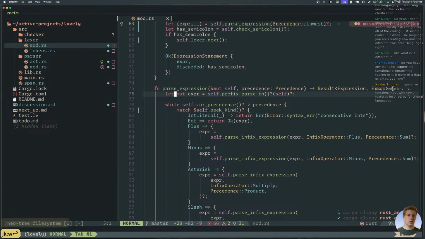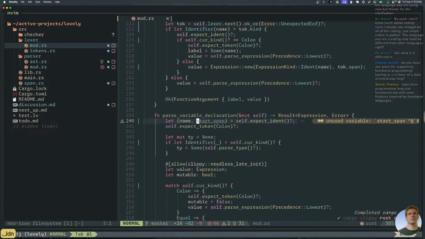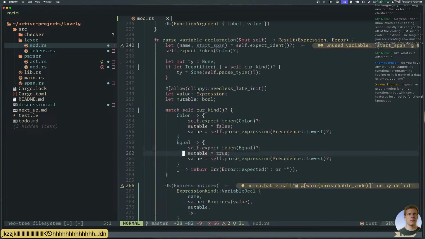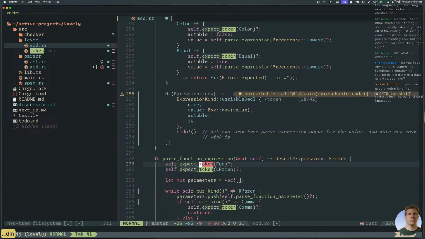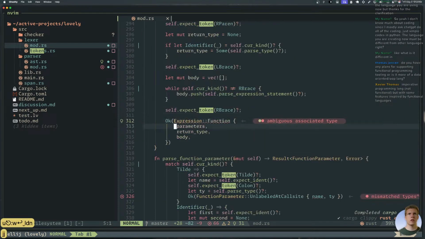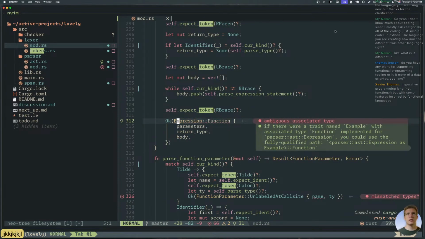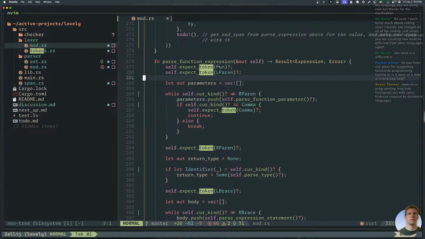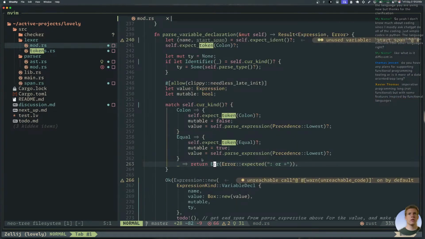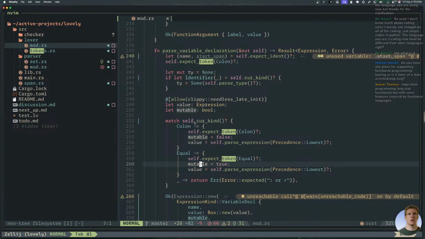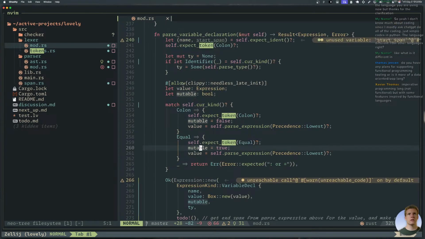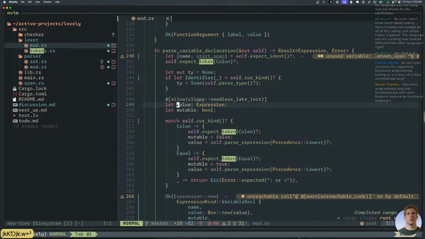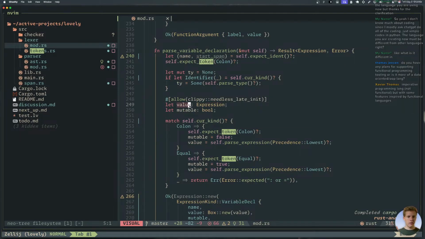Okay, 66. We're down to 66. Expect that. What is this? What is this? Okay, that's fine. That's fine too. Oops. This? What is this? Parse function expression. Wait, so what was our thing up here then? Expression, expression, expression. So values and expression. Oh yeah, because we can just use that. So I was just confused. We can just use the span on the value.